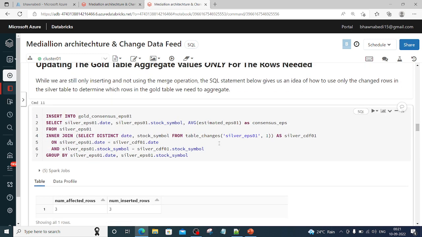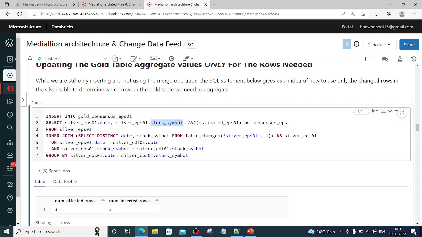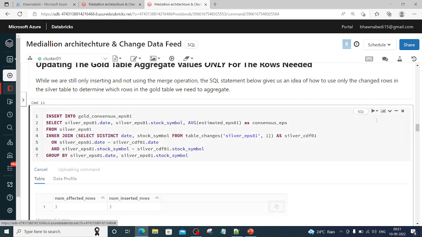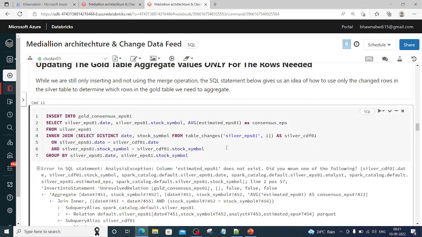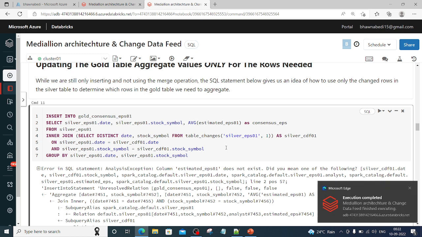In a similar way, I am inserting into this gold table the three columns: date, stock symbol, and consensus EPS, which is nothing but the average estimated earning per share. I am getting this from the silver EPS table, doing the average, and adding it into your gold